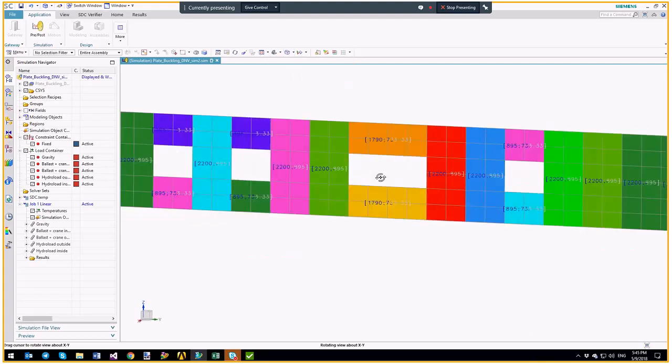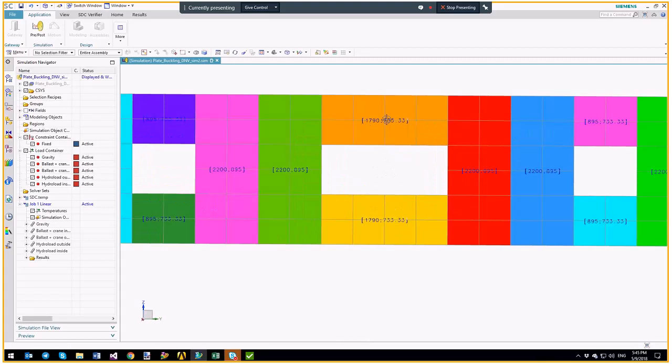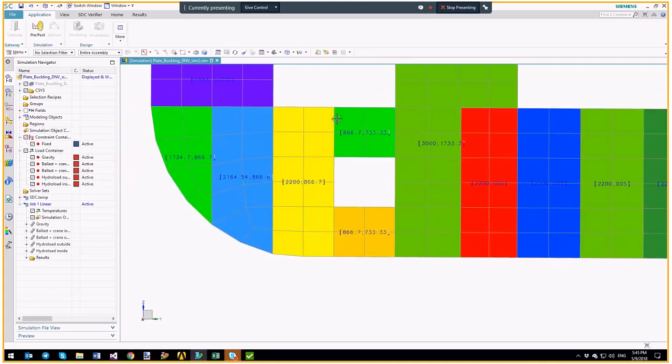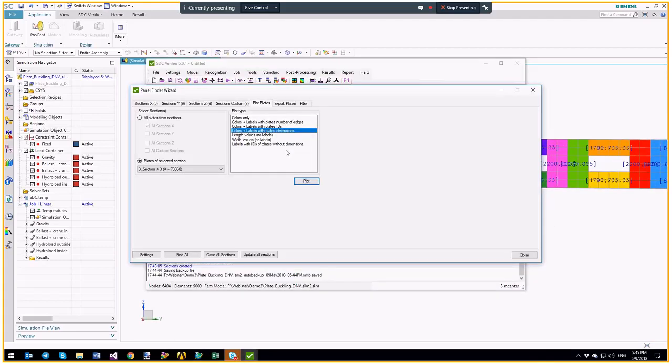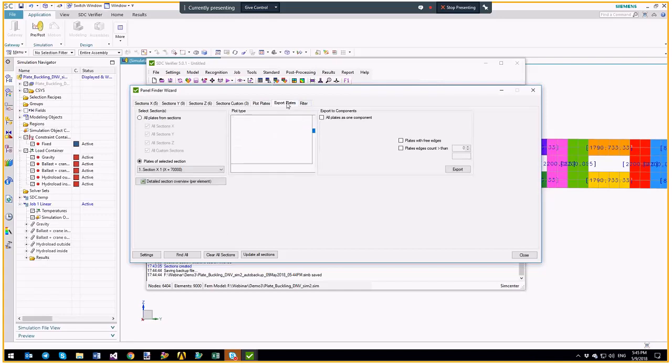So if you can see, in the center of the backwind plate, there are dimensions, length and width, always shown. That's in this picture. You can check if all the dimensions are correct. So after you did the check, we also have an export possibility, that you can export plates by